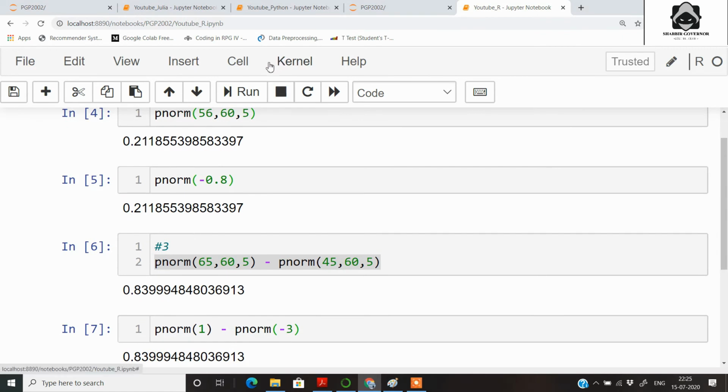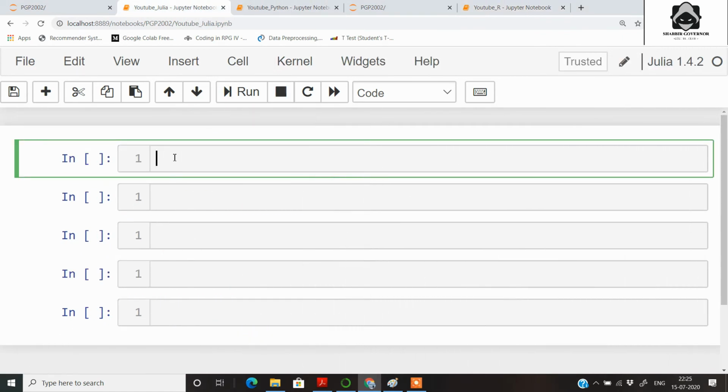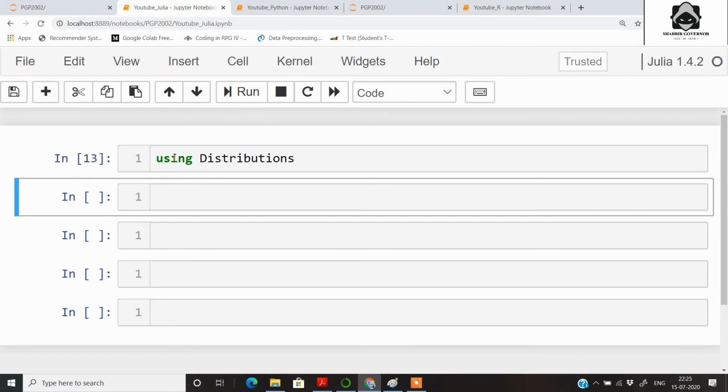Now the last that I wanted to show you is how you can solve the same thing in Julia. Like in Python, this is a Julia shell that I have opened in the Jupyter notebooks. R has the stats function in the R stats base package. Python has it in the SciPy package, and Julia has all its distribution functions in the Distributions package. How you can install this package I have shown in the earlier videos. You can check it out. So I write using Distributions.